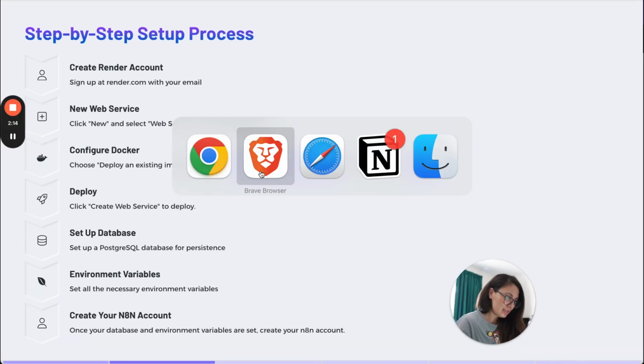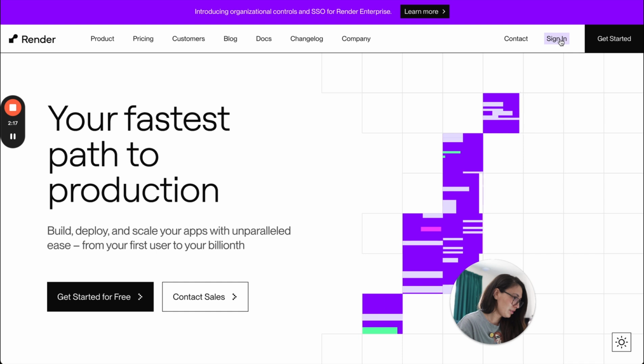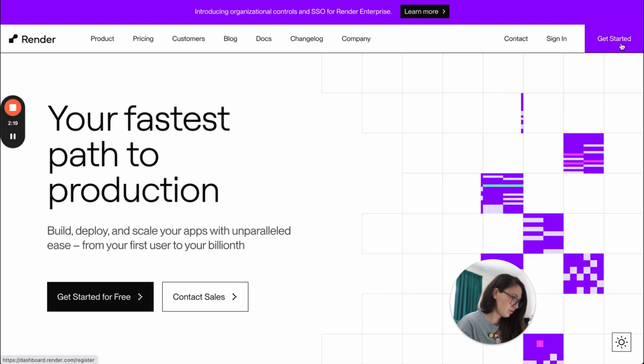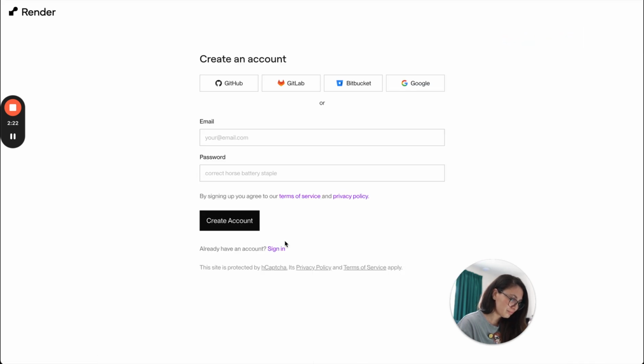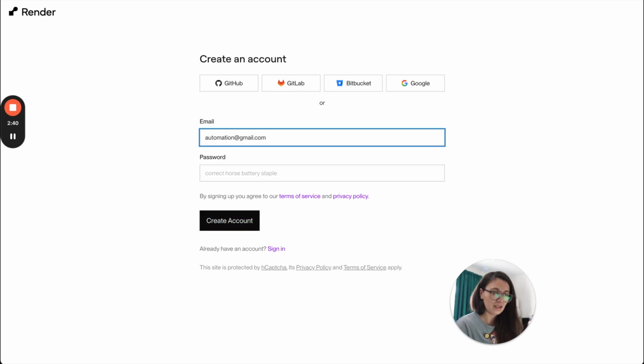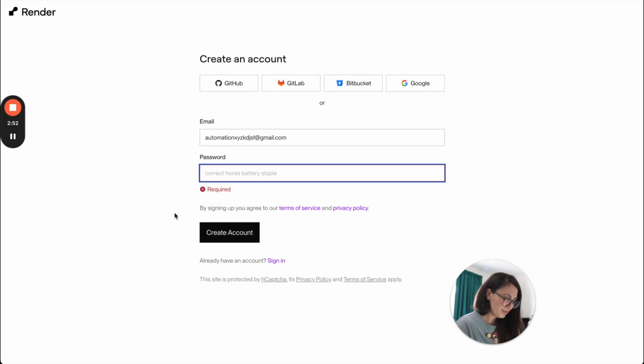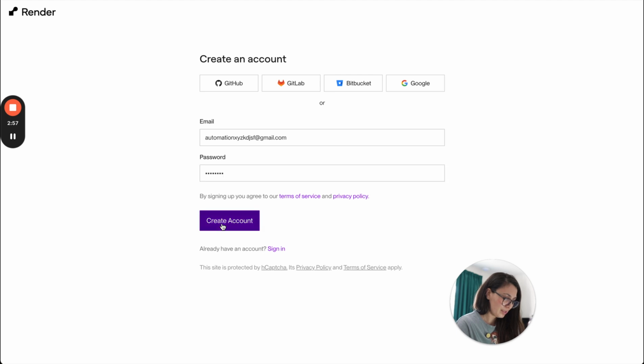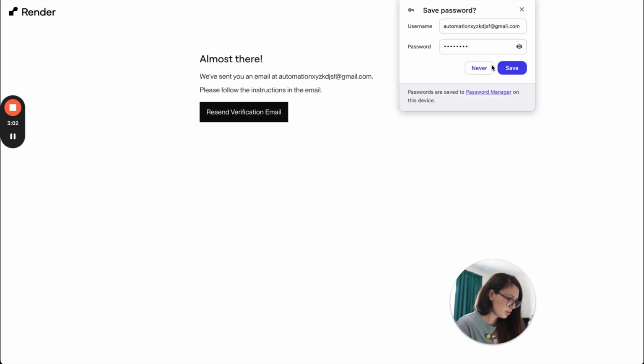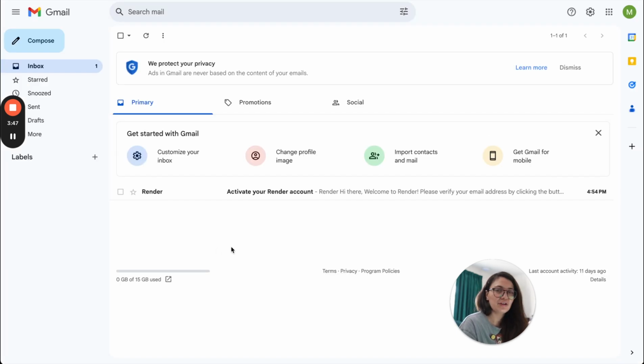So what we're going to do is use Render, and you can click on Get Started. Here, you can create an account using GitHub or GitLab or any other kind of service there. But you can also just create an account using any email of yours. Then you can set up a password. Click on Create Account. Simple so far. They will send you an activation email, and basically just click on